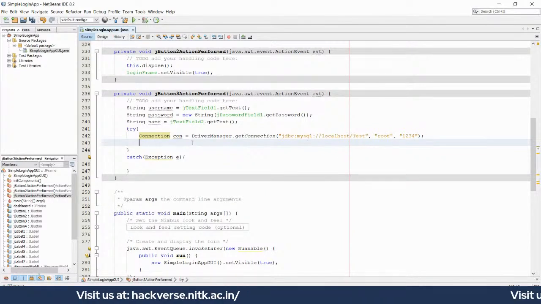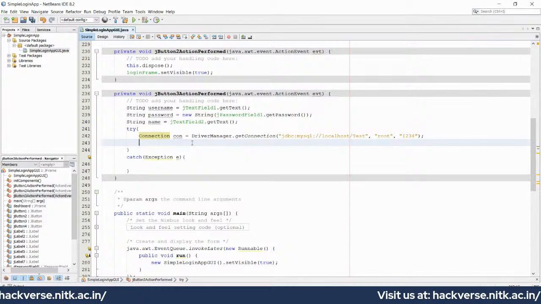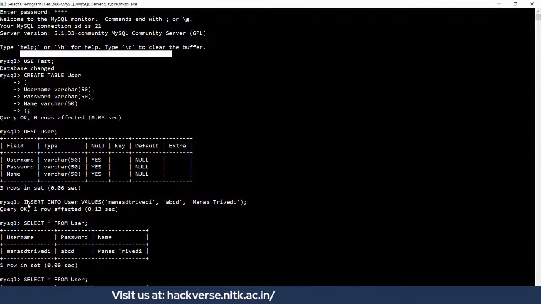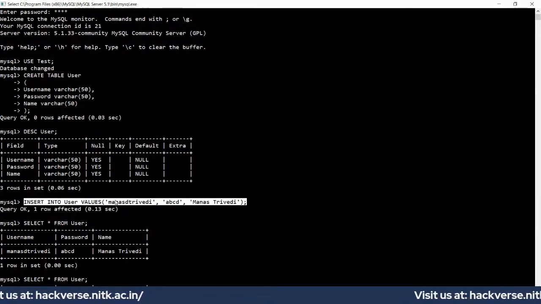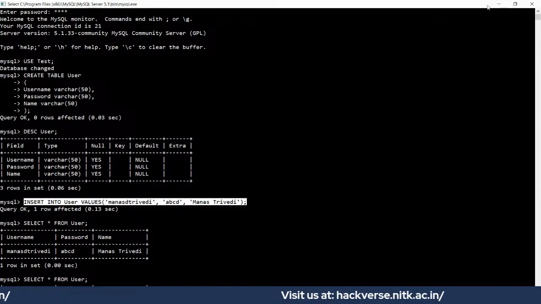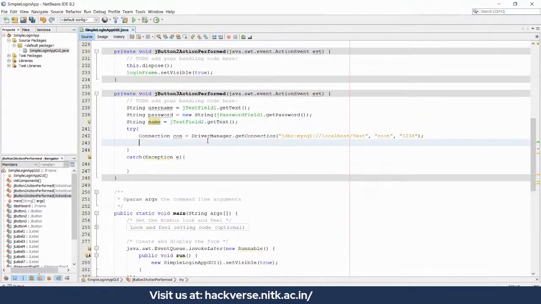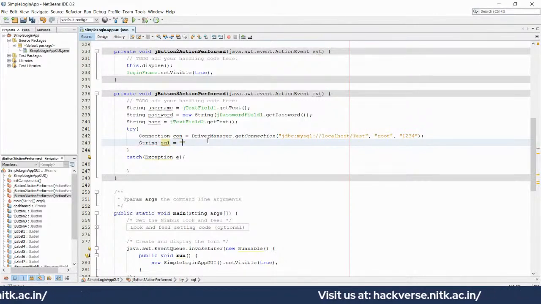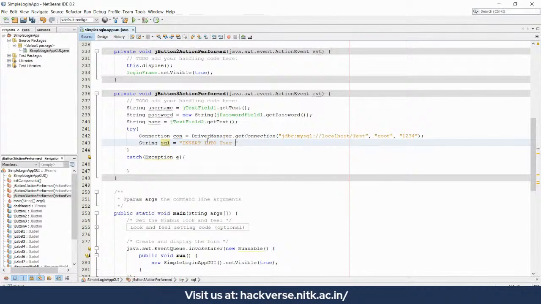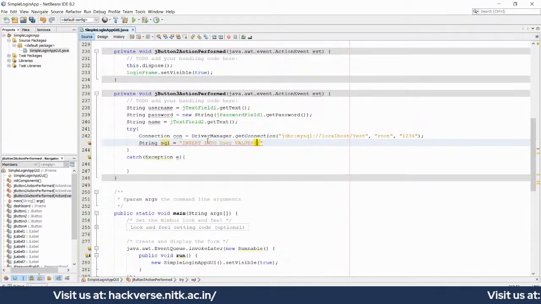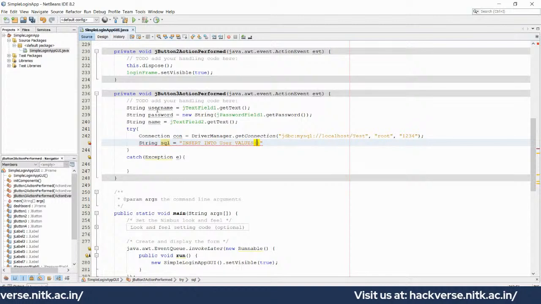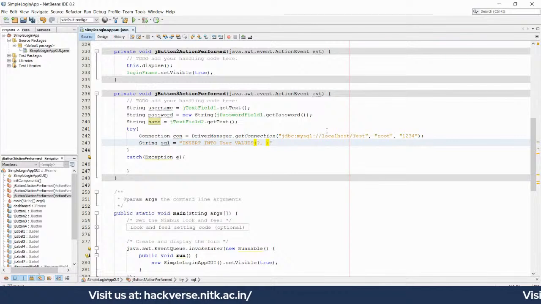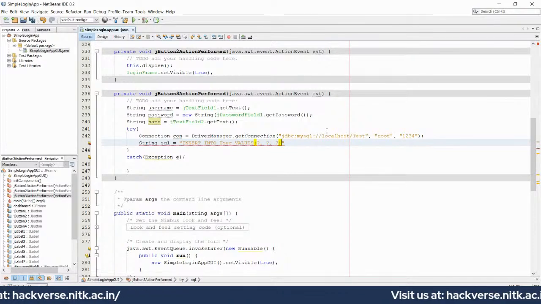Next up, we are going to write the SQL query, which is going to insert this username, password, and name. Let's have a quick look at what we wrote earlier. We wrote this little command here: insert into user values, the username, password, and the name. Let's do the exact same thing. We're going to create a string and call it sql, and it's going to be insert into user values. I'm not going to hard code the values, since they are variables. So I'm going to put three question marks